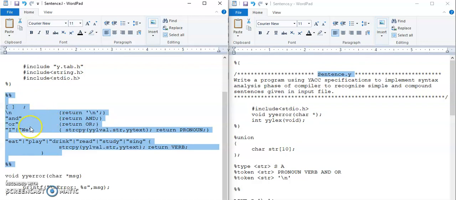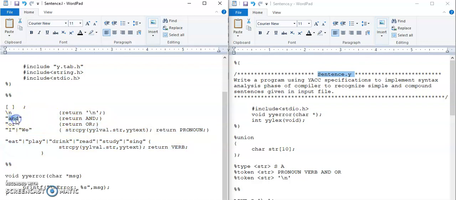Then in the second section of the Lex program, we are going to have rules, where rules are written using a pattern and an action, where the pattern is written using a regular expression. So your input will be separated using space. So space should be recognized where the action is nothing. Then you have to recognize \n. So if the input has \n, you will return the token \n.